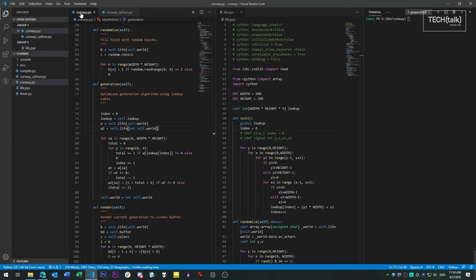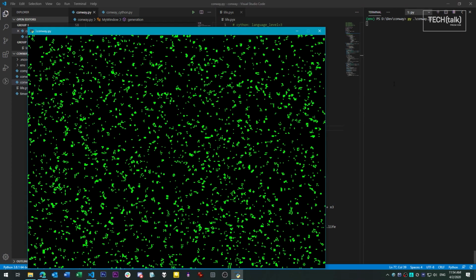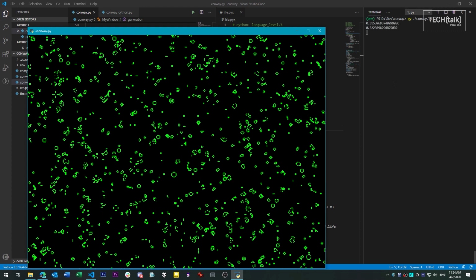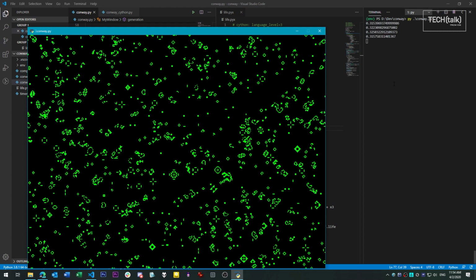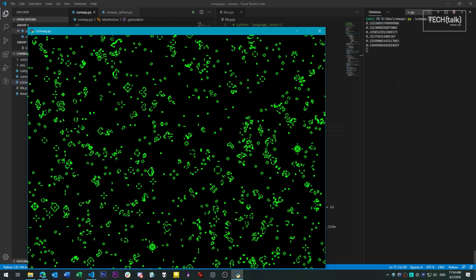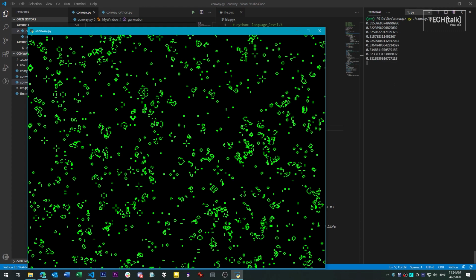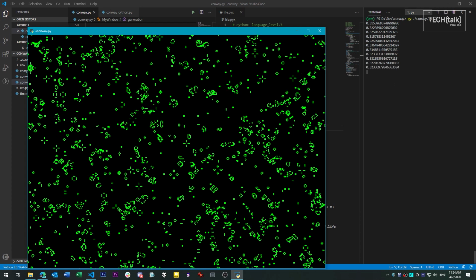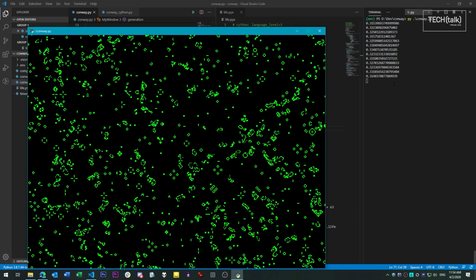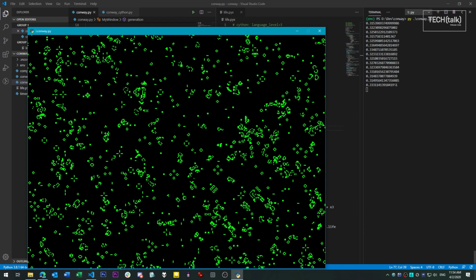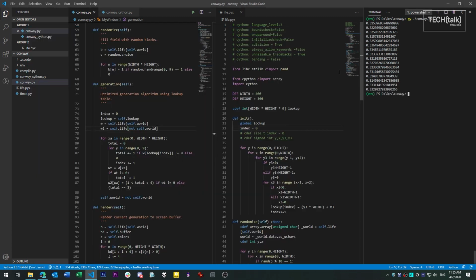Here, I've written two versions of a Conway's Life program. The first is in pure Python, and as you can see, it runs very slowly. The numbers you see popping up there are a rolling average of the amount of time it takes to compute a new generation of cells, around 0.3 of a second for a 400 by 300 array. And that's after we did a lot of tricks to speed it up as much as we could, like using a pre-computed lookup table. Since that computation is almost pure math, it's a great candidate for being Cythonized.